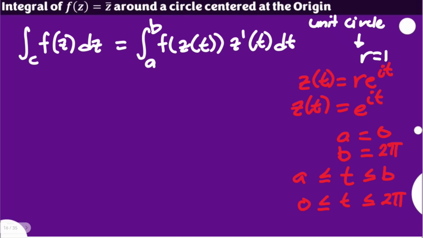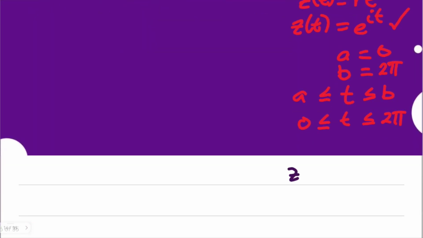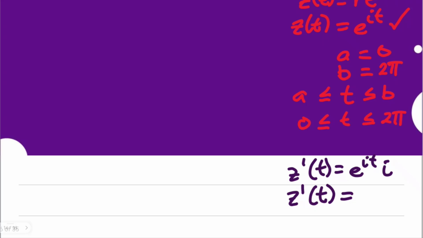Okay, now this is sure since we have limited it to a unit circle. That would mean our first derivative is also equivalent to the derivative of our z of t. So with respect to t, we have e to the u du, e to the u, and the derivative of your u or your exponent with respect to t is I. So you will have z prime of t equal to I e to the power of I t.